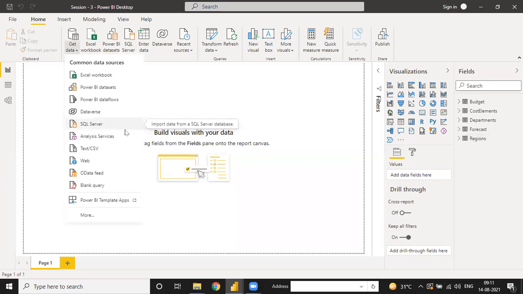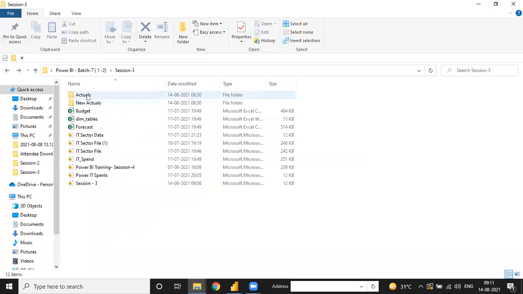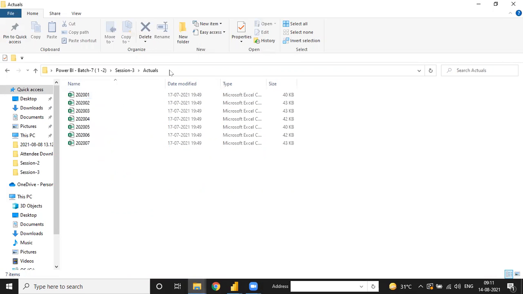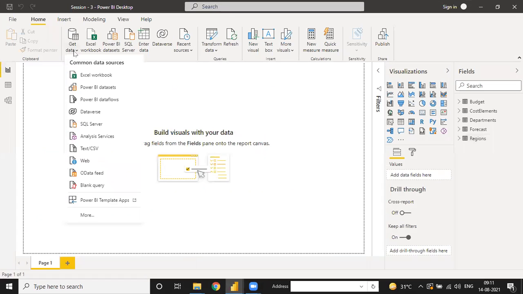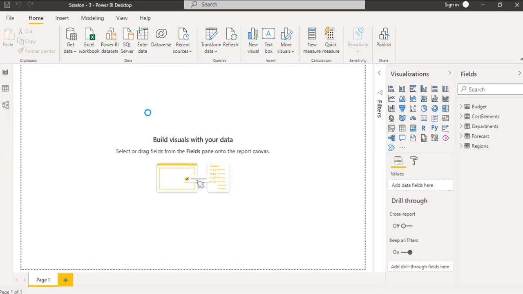So we have to extract the actual in two ways. The first way is that the actual is in a folder. So we just click there, select the folder, like actual, and copy the folder name. Then going to Power BI, we extract from here, go to more, and after that there is one option regarding the folder.